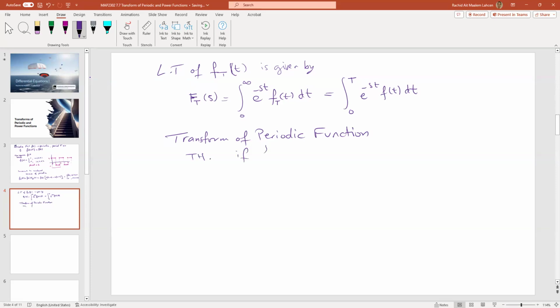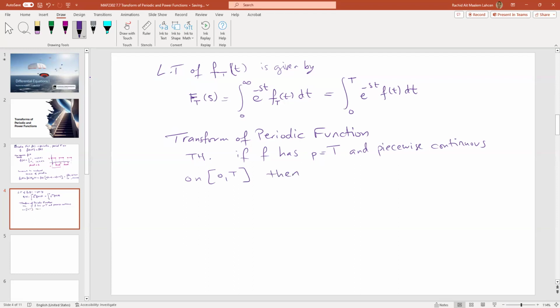If you have a function that has a period, this capital T, and is piecewise continuous on the closed interval 0 to capital T,